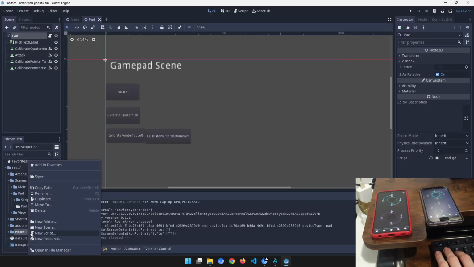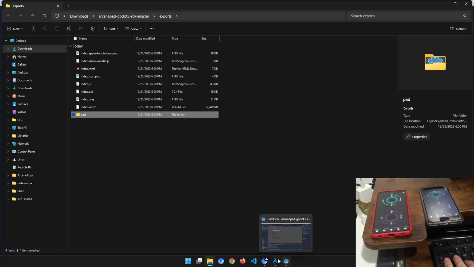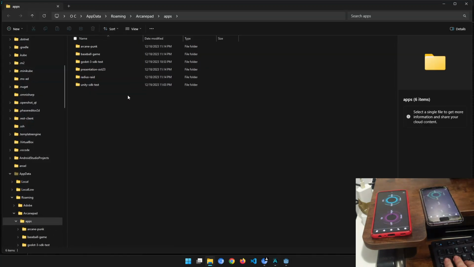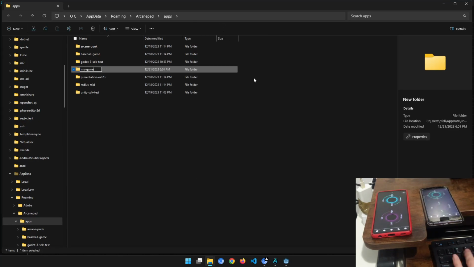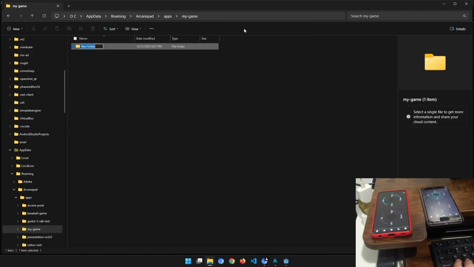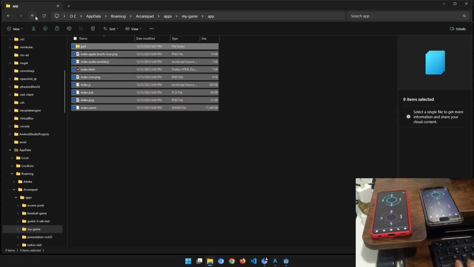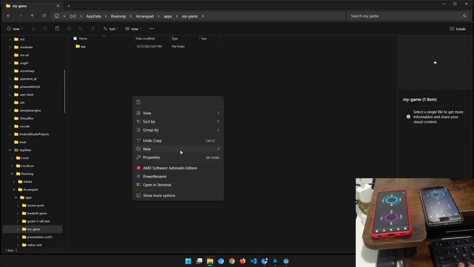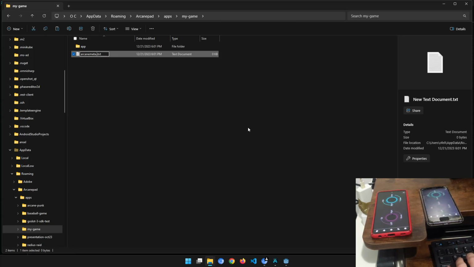Perfect. So now I'm going to go to my exports, open in File Manager. Here we have our view, and here we have our pad. Now we are going to go to Arcanepad, add to library, new folder, my game, for example. And we are going to add a folder called app, and here we paste everything. Apart from that, we need to create an arcane meta object, new text document, arcane meta.json,